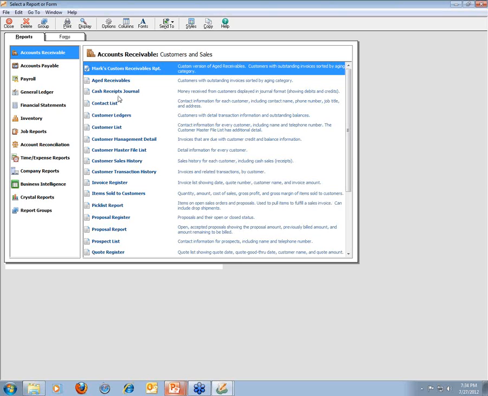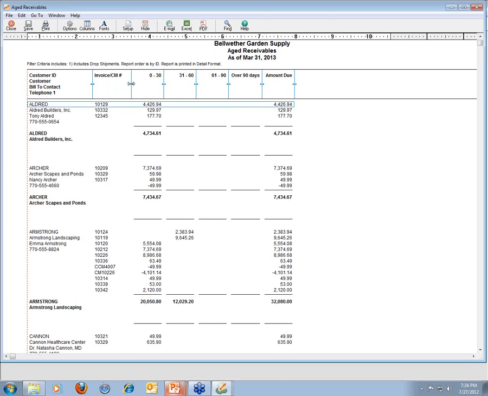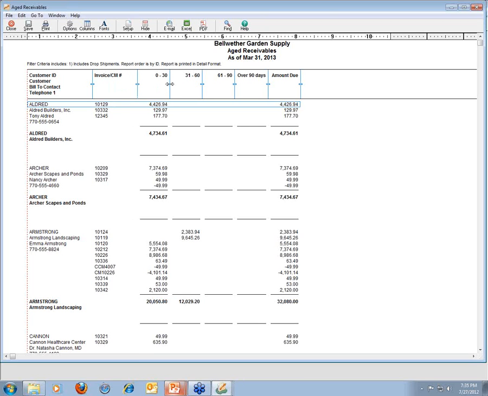In order to illustrate this, what I'm going to do here is just pull up the standard aged receivables report, which is what you see on your screen. And this is the standard format for that report that you will see if you pull it up right after you install the program. You'll notice that right on the screen, I'm dragging and adjusting the column widths on this